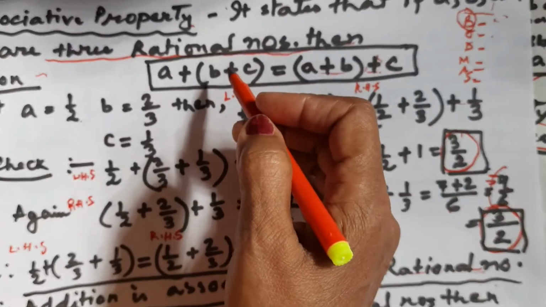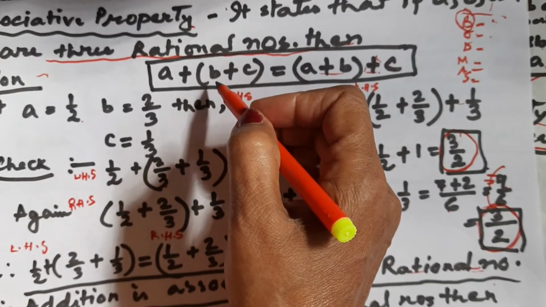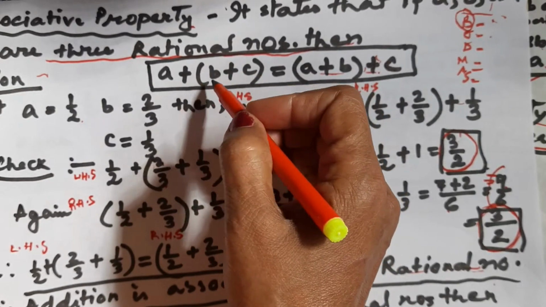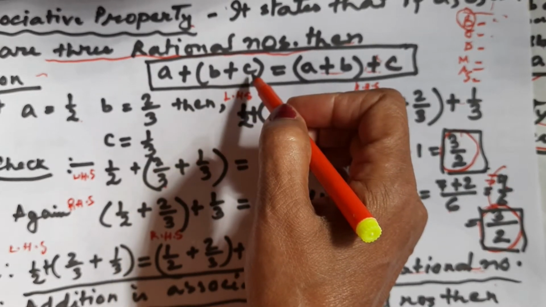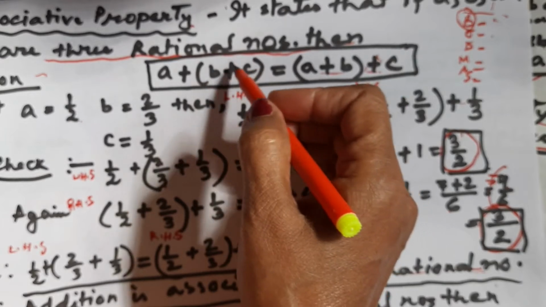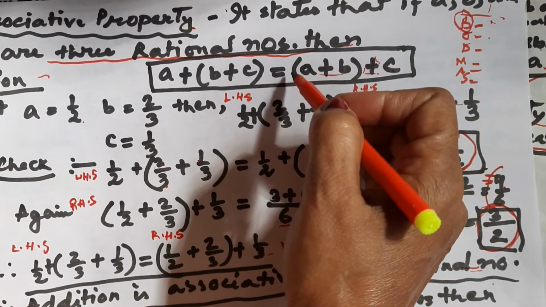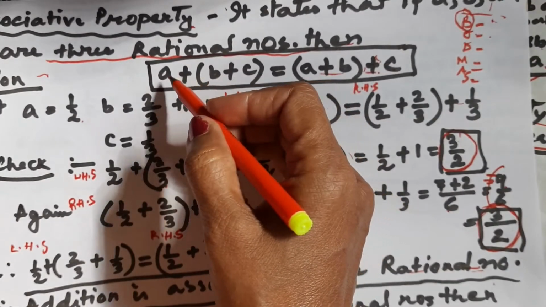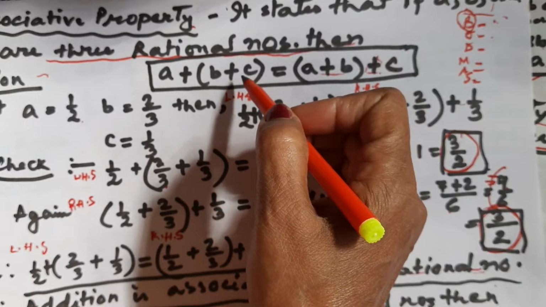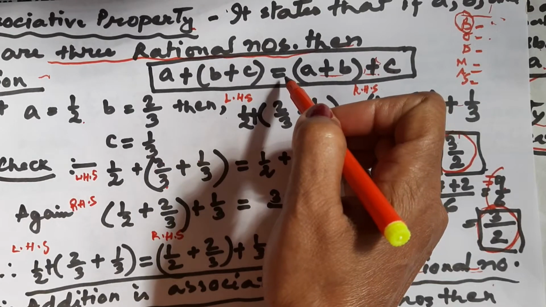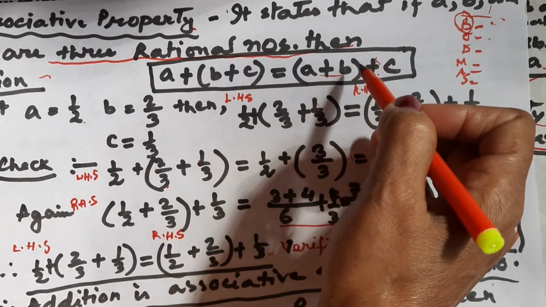That is, associative property is a property which shows that if we group the numbers separately, such as in the first case we are taking b plus c in a group, and in the second case a plus b in a group, but the numbers are the same, only the grouping is different. In that case, there is no change of value in the case of addition according to the associative property.